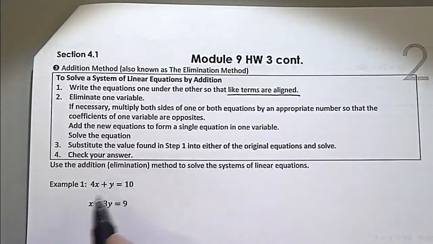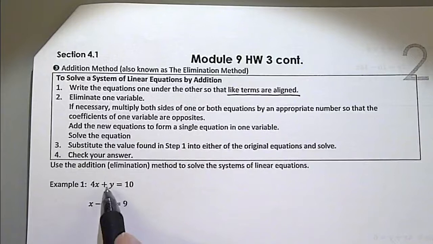like we did before. But we have some decisions to make about these equations. Which one are we going to use for what? This one has the x terms and the y terms aligned, doesn't it? And the numeric term is over here on the end. I have 4x and x. I have y and negative 3y. I have to decide what's going to help me cancel out one of those variables, because you can use either